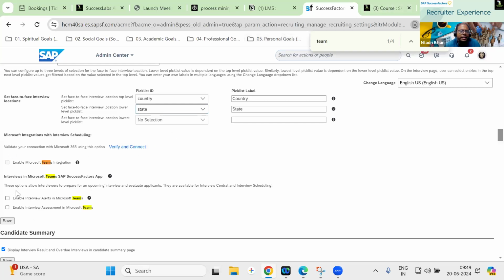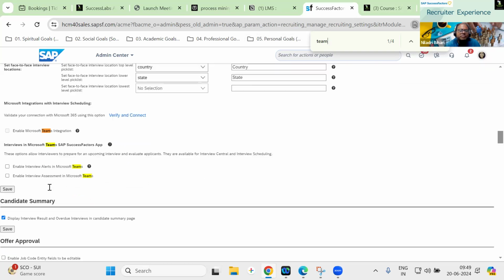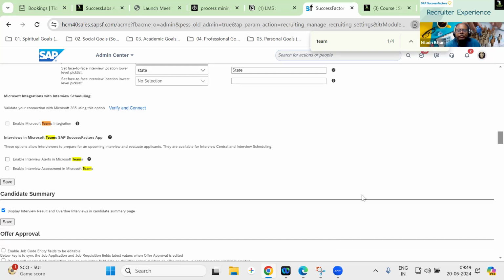This is the recent one. At present, I have not integrated it in my system. This is a dummy system, but these are the features you have to ensure if you are using a live system. I'm just annotating here that these are the three things you have to enable.